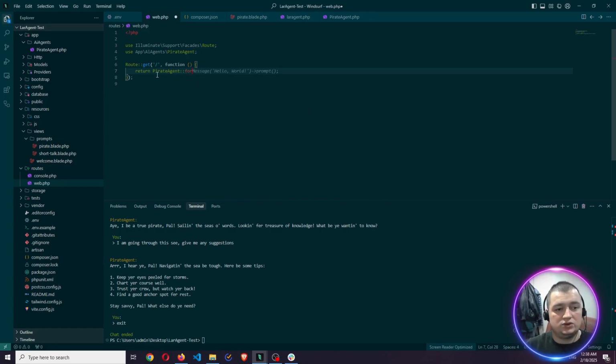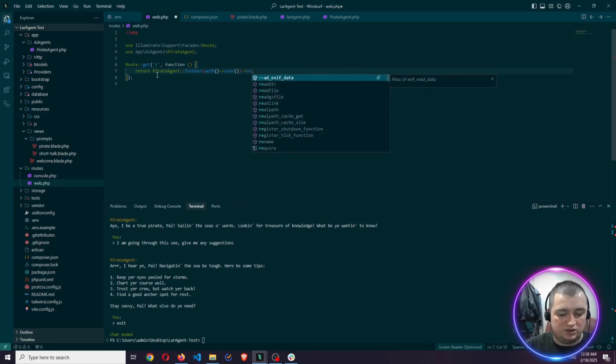For example, if you are using this agent per user, you can diversify the chat histories by user. You can use something like the for user method and pass here the actual user, and then make respond